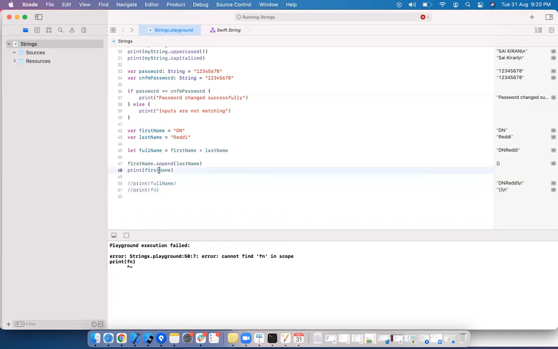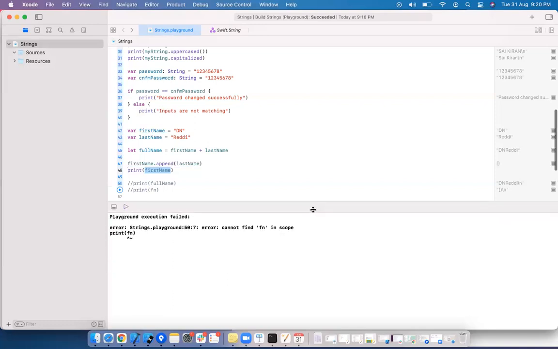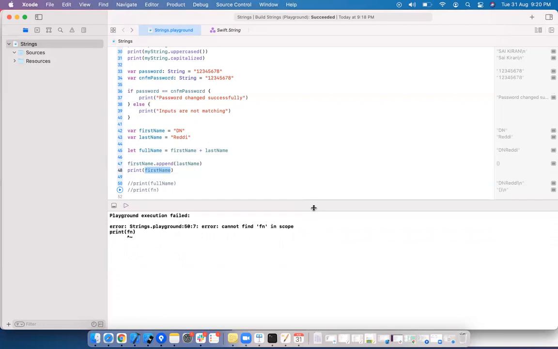I'm not printing full name, I'm just printing first name. What is first name?